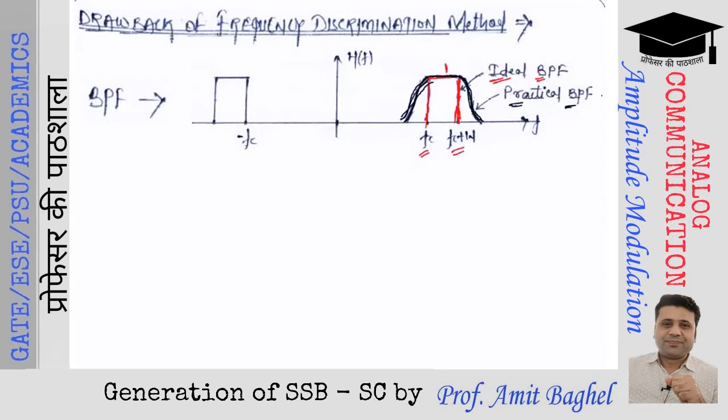If we have a cutoff frequency, let's say Fc, and a frequency range Fc to Fc plus W, we are not only going to get the frequency components ranging from Fc to Fc plus W, but also some of the components of the neighboring frequencies of the cutoff frequencies. So we get some components at the neighboring frequencies of Fc as well as Fc plus W. This is the practical band pass filter.